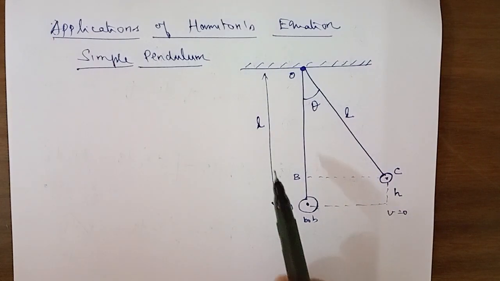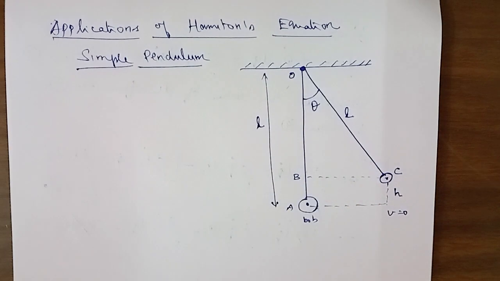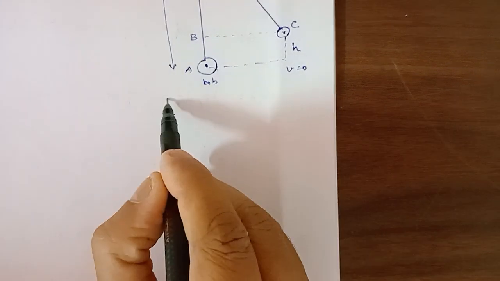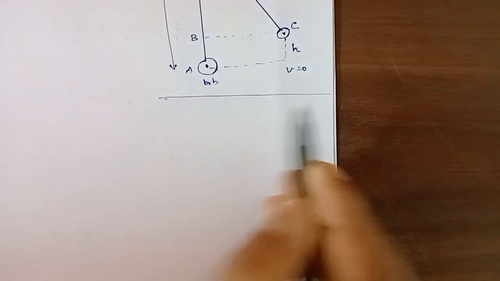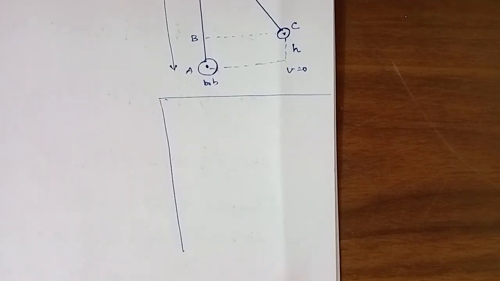Now how to derive the equation of motion for a simple pendulum using Hamilton's equation. For this, you follow some steps. You don't need to write this in the examinations, you just need to know how to solve this. These are the steps to solve